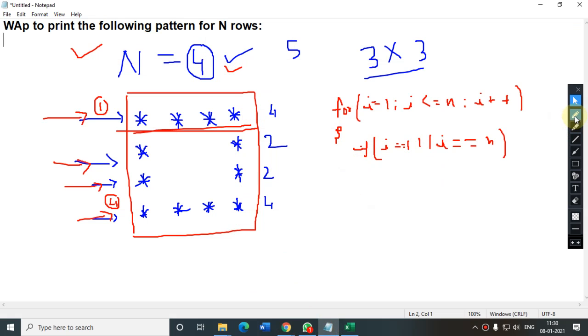So what I am going to use here: if this condition is true or this one is true, then how many times are we going to print? In that case, we simply start a loop from 1 to n. Sir, is it fine? Yeah, it is. I have told you, beta.